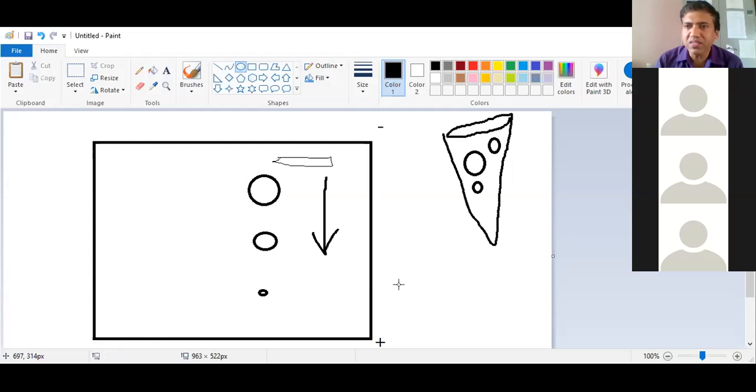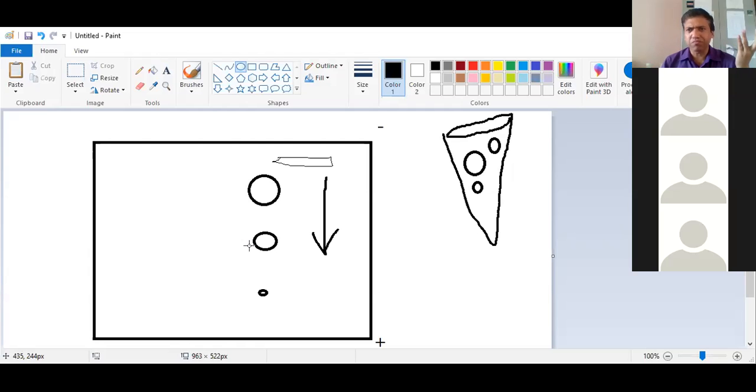That means the smallest molecule is moving faster. The medium sized molecule will move slower because it is having more difficulty in entering and traveling through the pores, and the biggest molecule is having the highest difficulty to pass through the pores. Because of this difficulty, this process will separate the molecules based on their size.